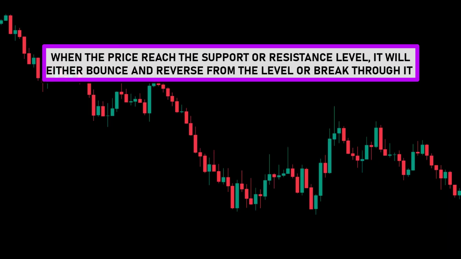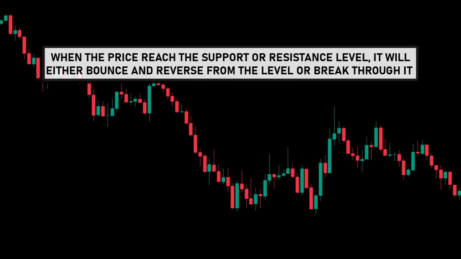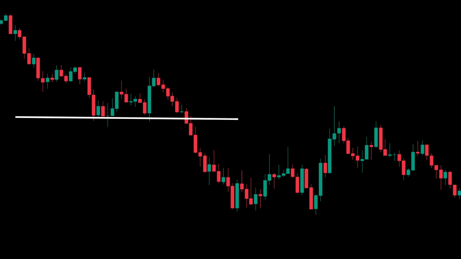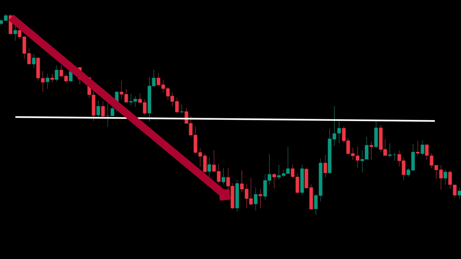When the price reaches a support or resistance level, the price can either bounce off the line or break through it. When the price breaks through, the role of the two lines reverses. If it was a line of support, it will turn to resistance, and if it was resistance, it turns to support. For example, here on the chart, as the price was trading down, it broke through this support level and